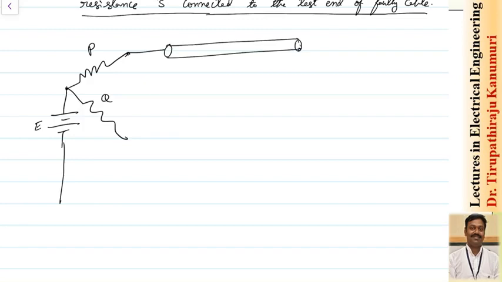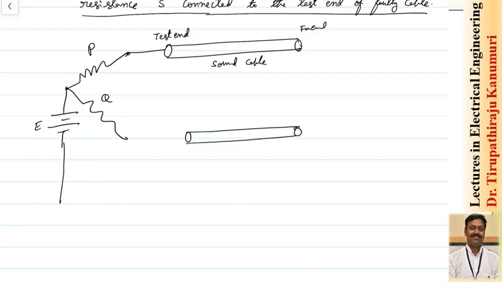This cable should be a sound or healthy cable, running parallel to the faulty cable and having the same length. This is the basic requirement for performing any of these tests. In the last class, the Murray test, and in this test, one sound or healthy cable is required. So this is the test end and this is the far end of this cable.